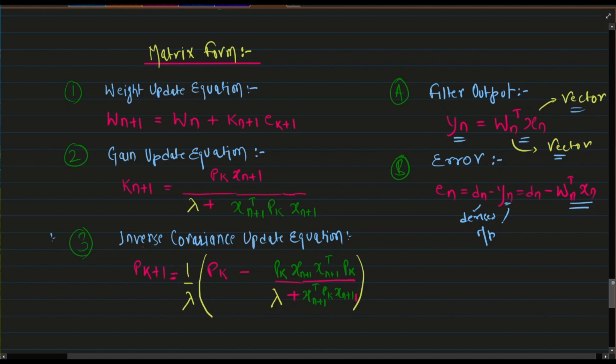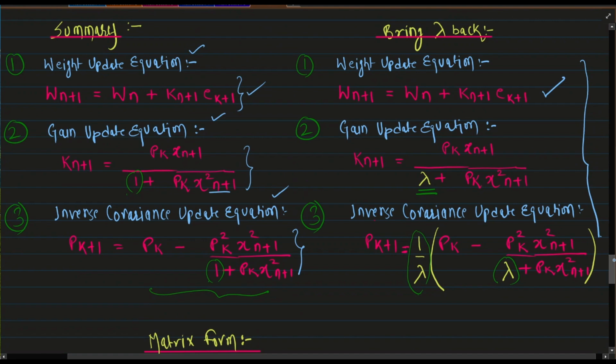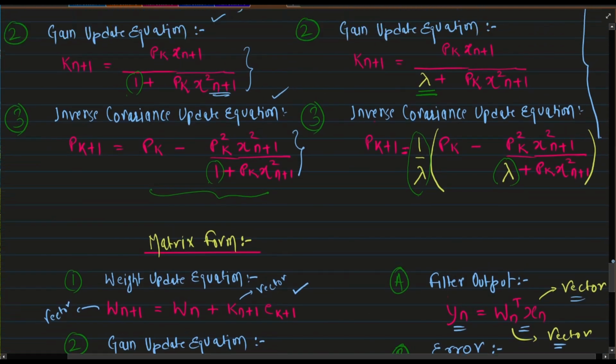The weight update equation remains the same. This is a vector now, and so is this. And there are minor changes. The x square term, the xn plus 1 square term that we get in scalar form, is now converted into this expression. If you see, this x square term is rewritten like this, and also if you see this part,